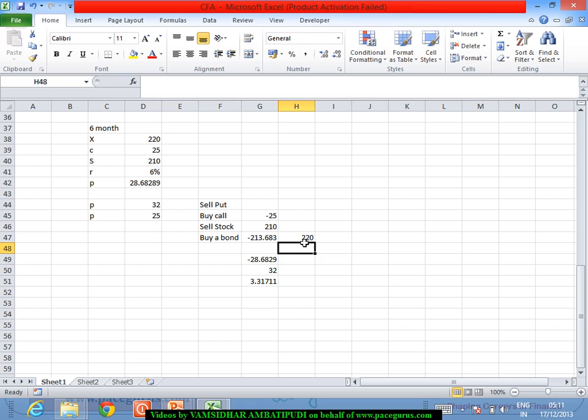On maturity, it is going to give me 220 bucks. Assume that on that day, the stock price may go up to 225 or 200 or whatever it is. We can assume any number. Assume that the stock price is going to 225. Because you have sold a stock